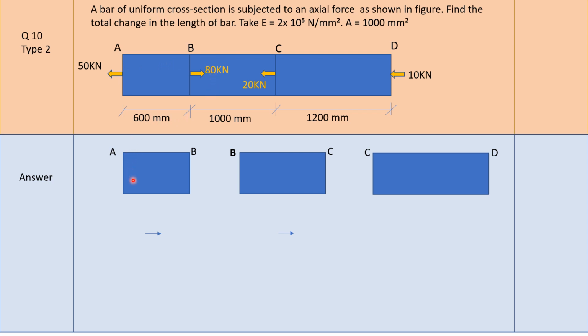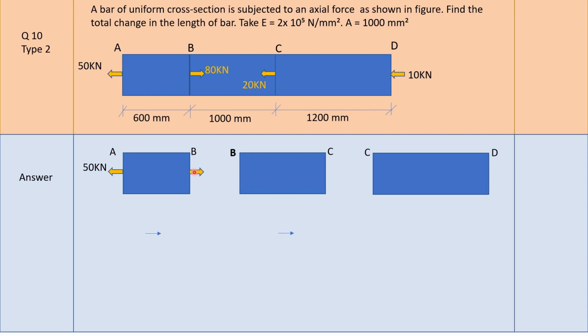What we do is, first we draw the three blocks AB, BC and CD, and individually we will show the forces. Now force here acting at A given is 50 kilonewton tensile. So let us show that force here. It is 50 kilonewton tensile. Now the bar AB is in equilibrium. So for this bar to be in equilibrium, here also a 50 kilonewton force must act, and it has to act away from the point, tensile force.